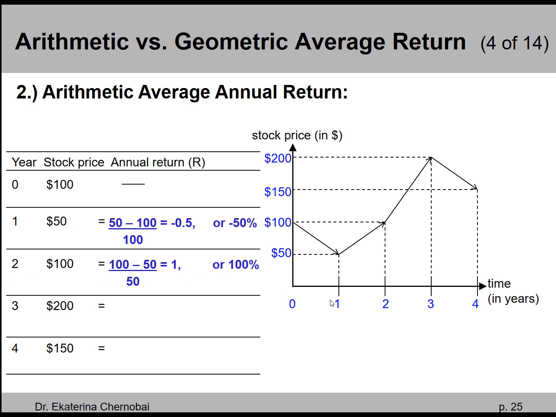Next, you go from year 2 to year 3, right? From $100 a share to $200 a share. What does it tell you about the percent return? Is it 200%? Actually, it's also a 100% return, just like what we just found for the previous year. It looks strange, but if you think about it, percentage return could be the same every single year, but it doesn't mean the same dollar amount that you gain. It could be different.